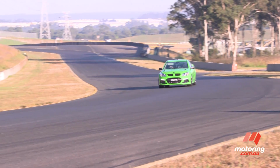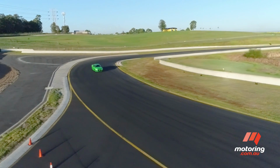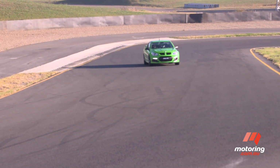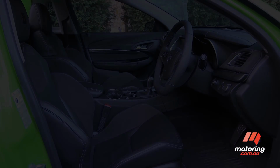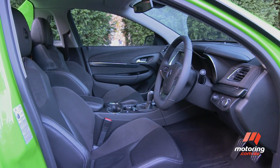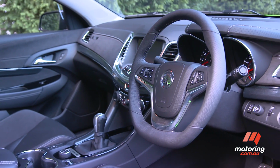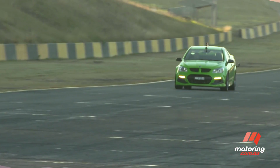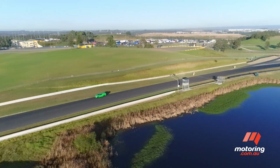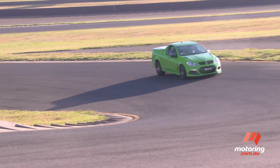Many of those traits are highlighted on the 30-year edition, particularly the Maloo's braking ability and torque vectoring function. The Maloo matches those features with an excellent interior fit-out. Big bolstered chairs, a mix of materials and a clever infotainment system help complement its car-like driving ability. Sure, rear vision isn't a strong point and you wouldn't really fit much else in the tray other than a motorcycle. But as performance utes go, the final Maloo is a fitting send-off, and it's mostly thanks to that thundering